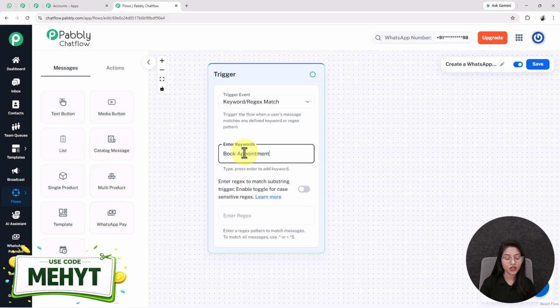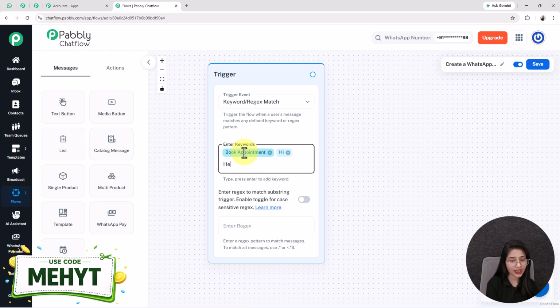After writing the keyword, you have to press enter so that it will add it to the list. Now I am adding two more keywords here, hi and hello. See, these are the most expected keywords the user will send to me. Now, whenever the user sends any of these keywords to my WhatsApp business account, then automatically my bot gets